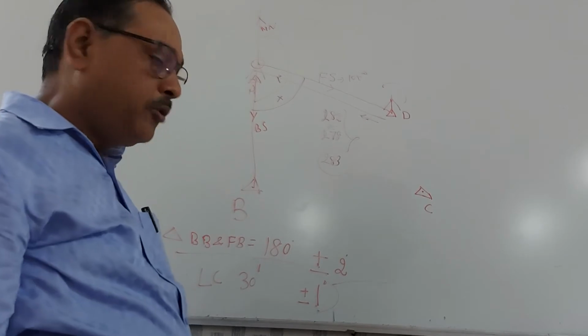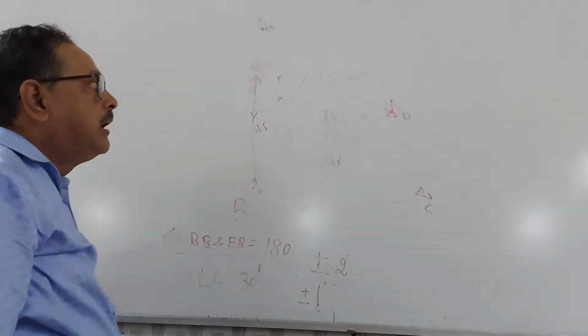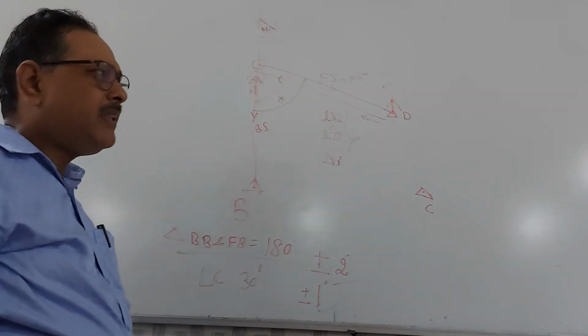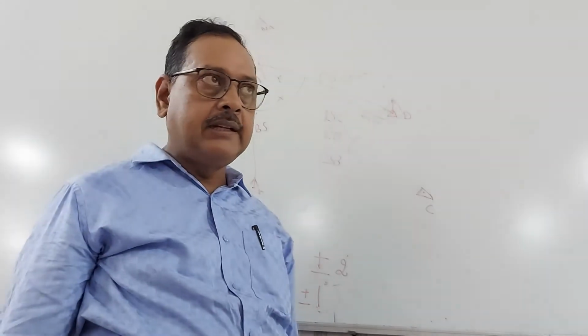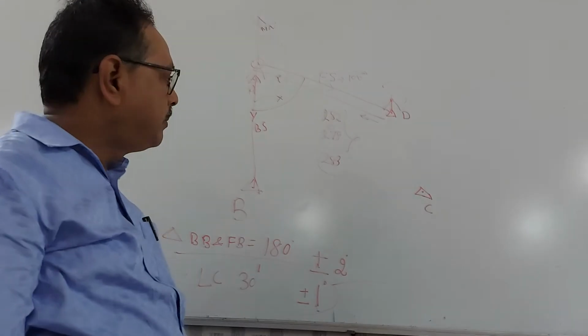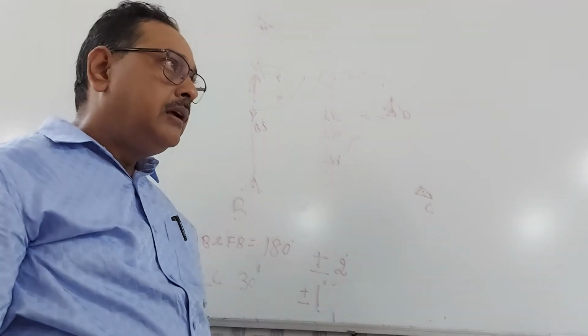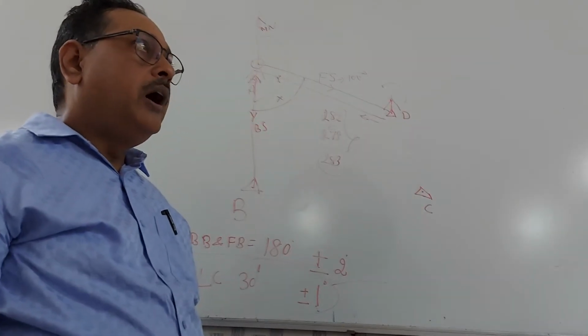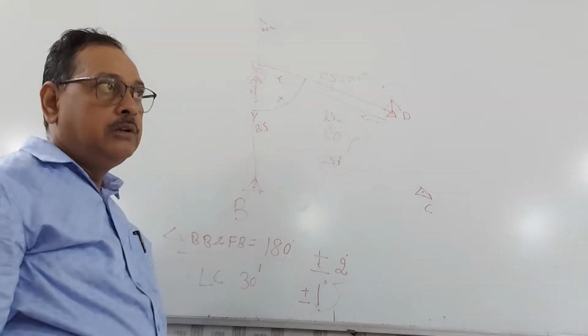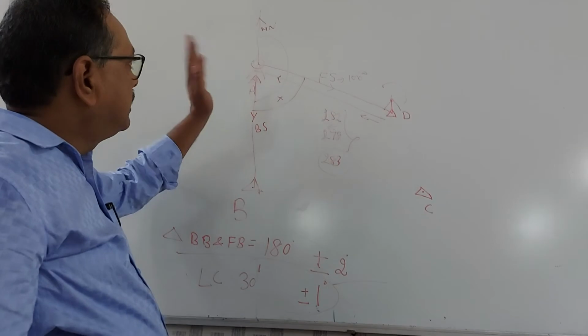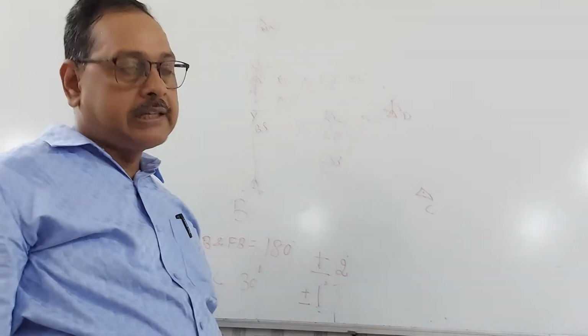Okay? But one more parameter is there, that is called local attraction. Suppose station A or station B is under local attraction. Maybe an electric pole is near A or B, or a magnetic object like a mass of iron is there. Then you may deviate by a little bit more also. That means the station is having local attraction.